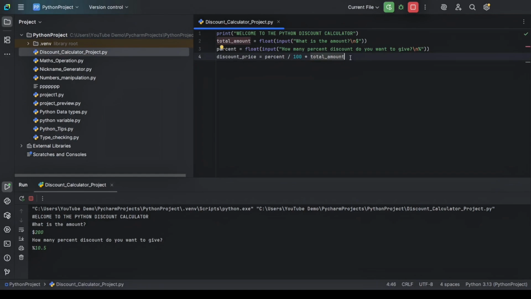And what this means is that we want the percentage or the input that the user makes to this line of code in line 3 to be divided by 100 and multiplied with the total amount the user entered initially to this line of code in line 2. And this way we can easily get the discount price. And just like I said earlier, the Python calculation works in sequence. So to do this, we can just easily put this in a bracket,